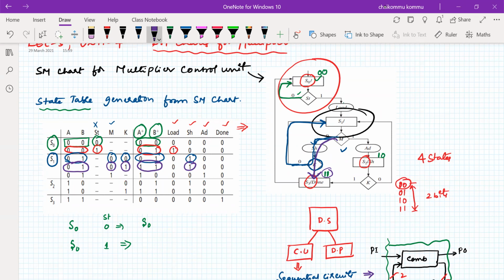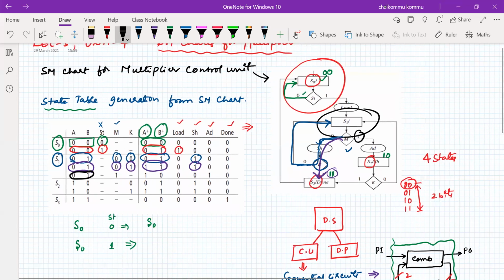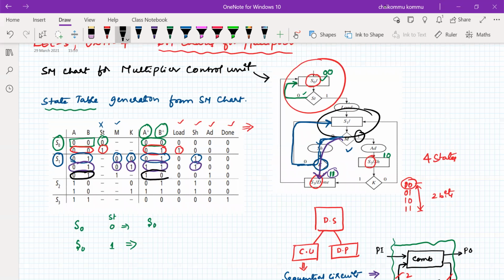We have to think about the right hand side for S1 again. Now the next one is, if you are in the same state, if you find that M is equal to 1, then it has to go to 1 0 state, provided M should be 1. There you cannot find a K value. So in the diagram you can find there is no K value in this particular path.